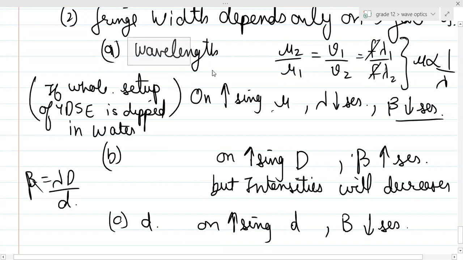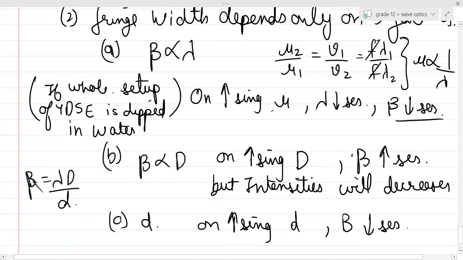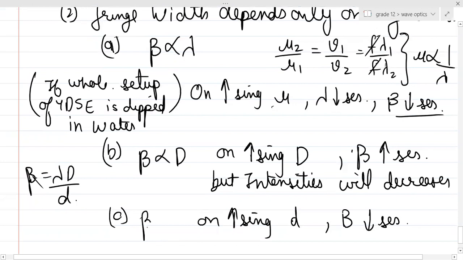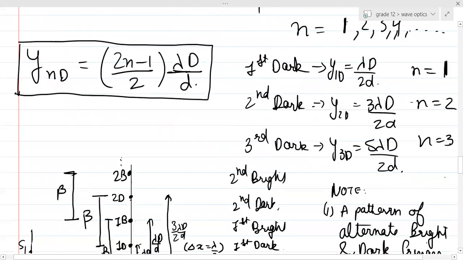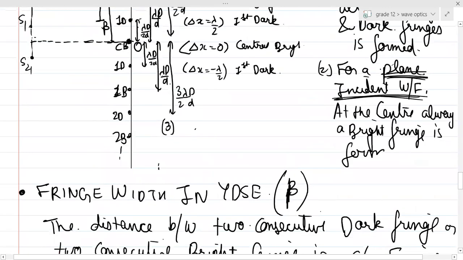I'll write it like this. Beta is directly proportional to lambda, beta is directly proportional to D, and beta is inversely proportional to small d. Is it clear? So basically what will happen if you decrease the separation between the two slits,